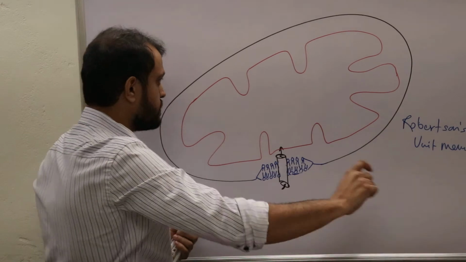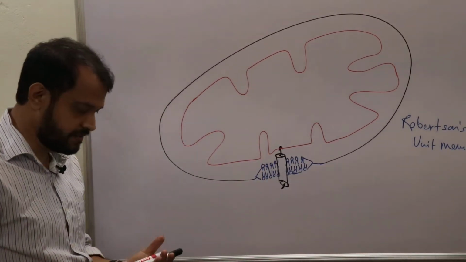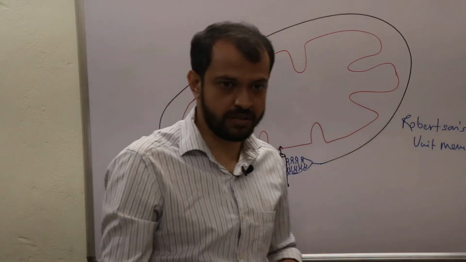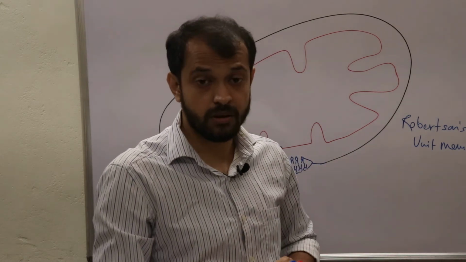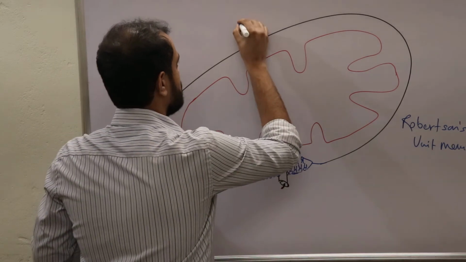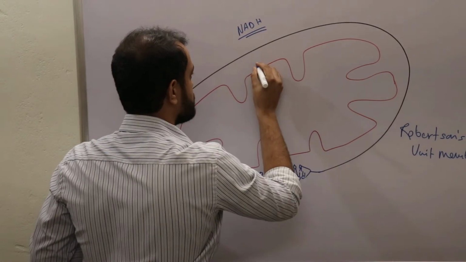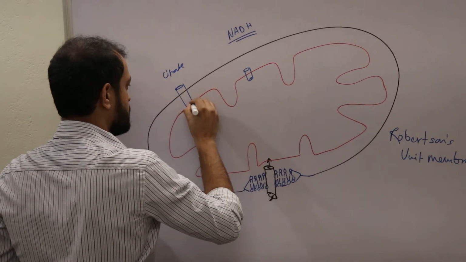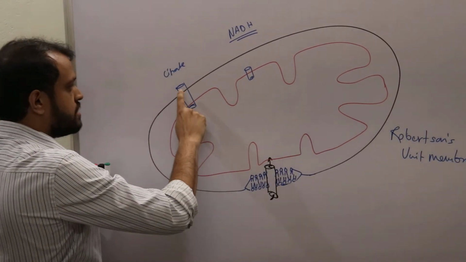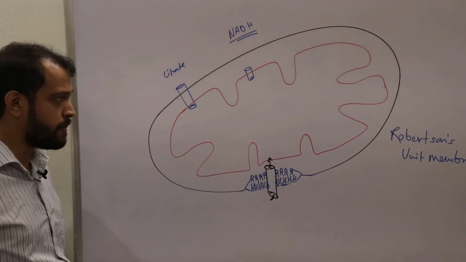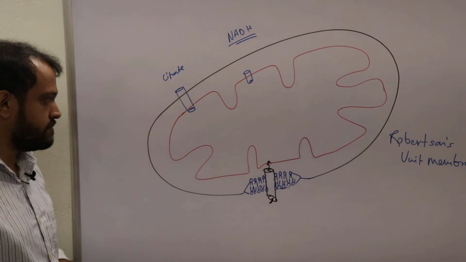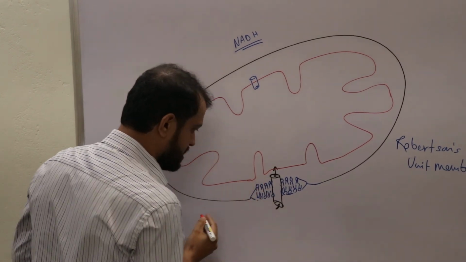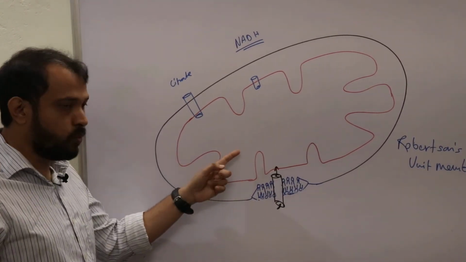Now these indentations have different types of proteins which are associated with different types of metabolic processes. Suppose if you want to take in NADH, there is a separate channel for this. If you want to take in citrate, there is a separate channel for this. That means there are many channels associated with different functions. Now you should understand one thing again, that this mitochondrial inner membrane is actually the place where